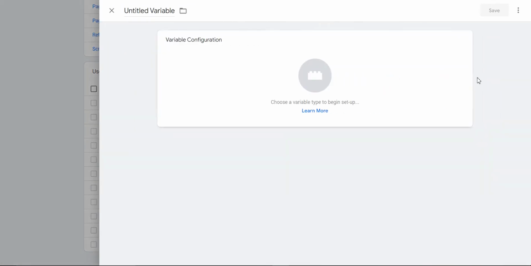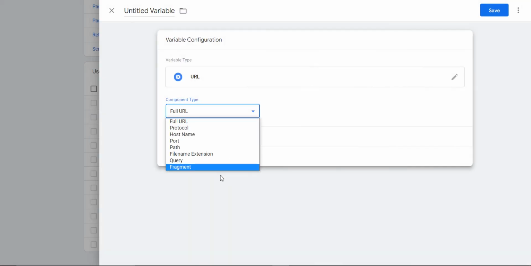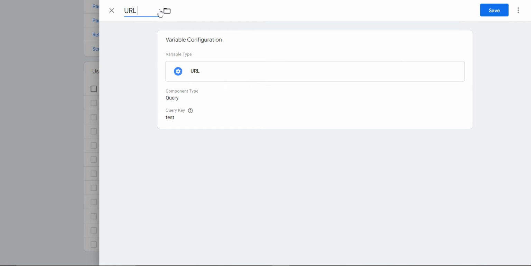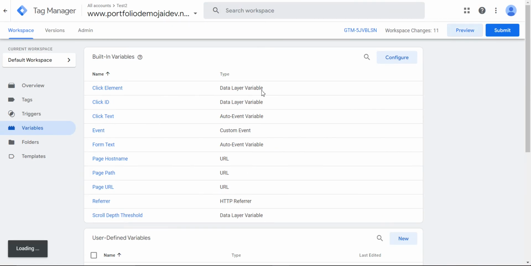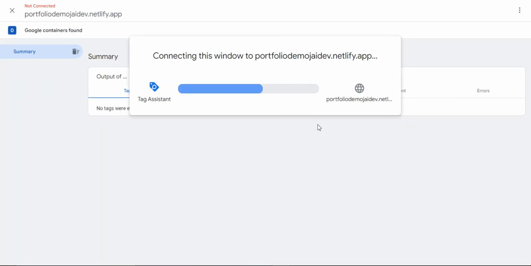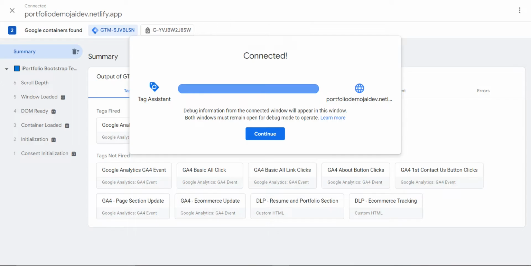And I'll create another variable which is URL, and query, suppose if I want something like test, URL test, right? I've created these two variables. I'll just go to preview now to find them. If I connect, it will open our site in a new tab. And yeah, if I just go back to summary now,